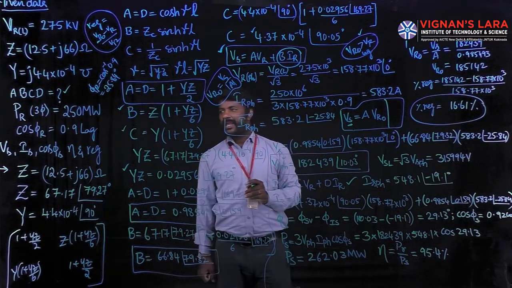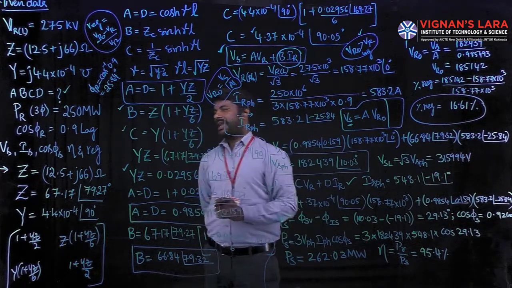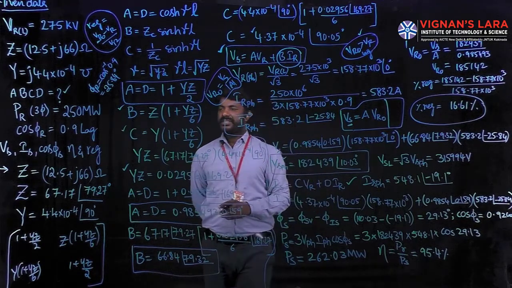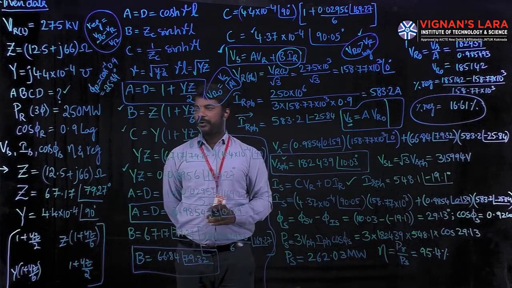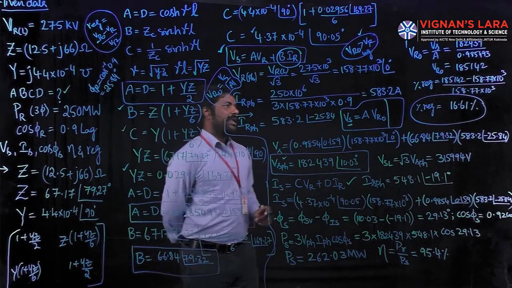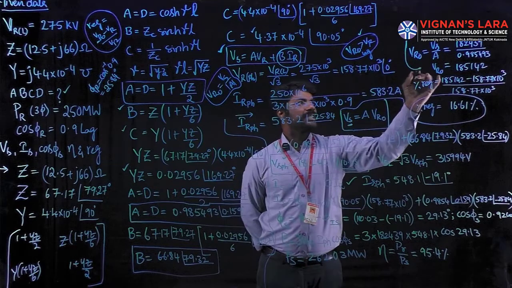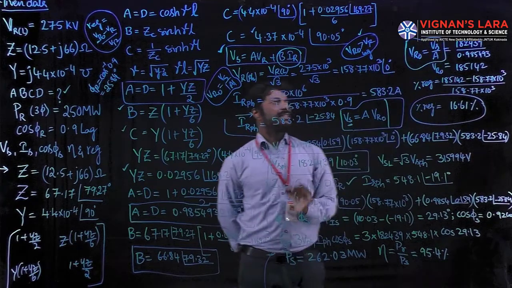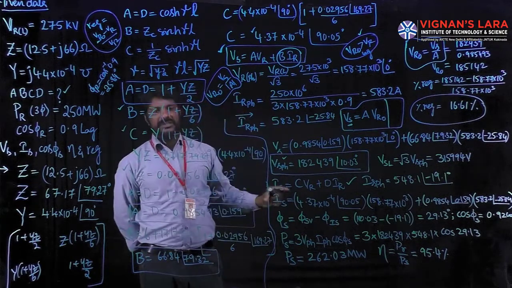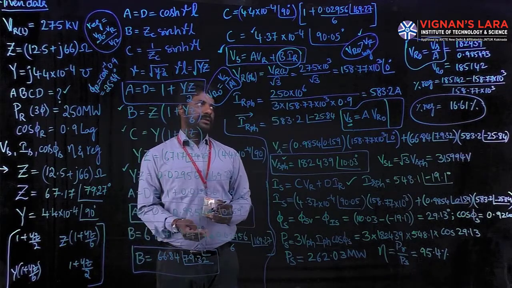Okay. Hope we calculated all the constants and all the required values. ABCD values are calculated, Vs, Is, cos phi s values are calculated, and efficiency is estimated to be 95.4%, and its regulation is equal to 16.61. Here I have to tell you one very important point. This VR naught calculation is very simple for this ABCD constants method. In a single line I can tell my VR naught value rather than a big analytical process. So what is that VR naught? VR naught is equal to Vs by A.